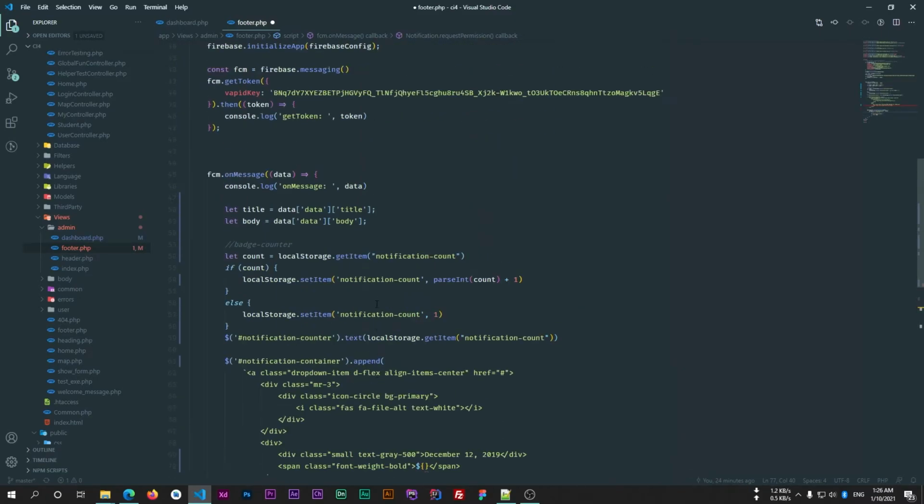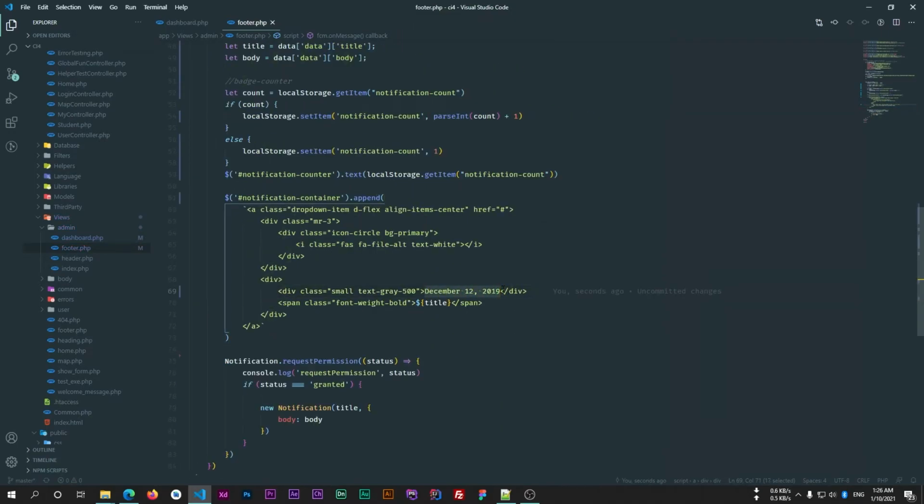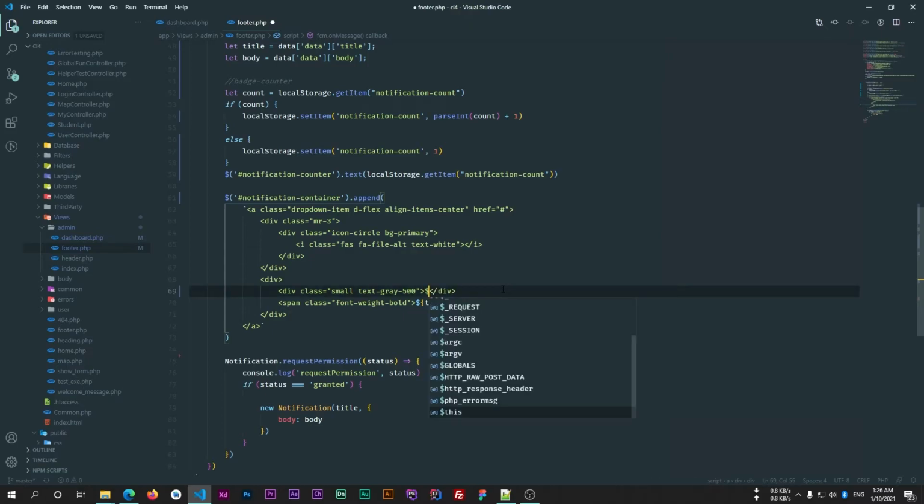Okay, so now use this title here, and I'll use the current date here so that I can display the received time of that notification. So here I'll not display the date, I'll simply display the time because I'm just showing today's notification. You can do this according to your need.